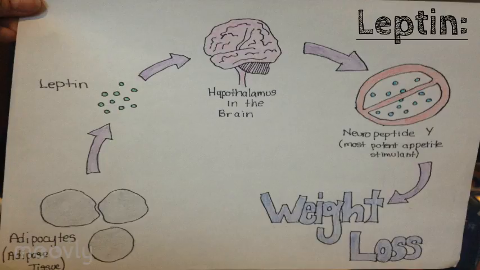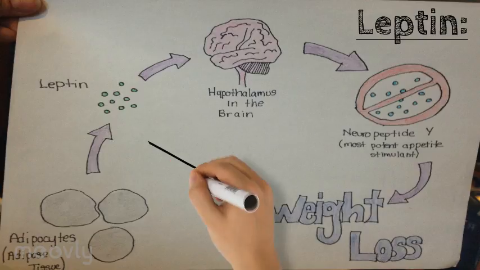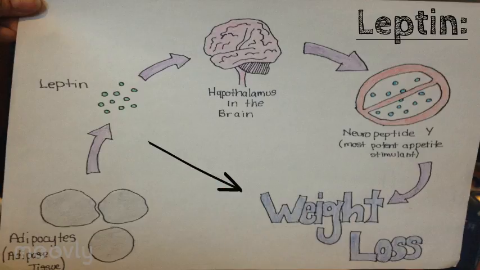Leptin is a protein hormone released by adipocytes in adipose tissue. This hormone provides signals to the brain about the amount of fat stores in adipose tissue. This action then stimulates the part of the hypothalamus in the brain to then inhibit the release of neuropeptide Y, which is the body's most potent appetite stimulant. The body reacts to this by stimulating the sympathetic nervous system to increase energy expenditure, which could ultimately lead to